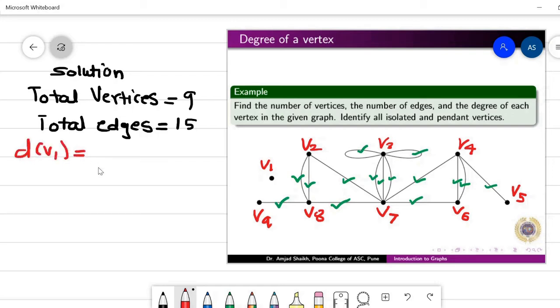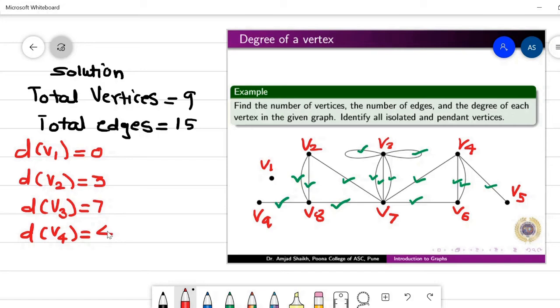Degree of V1, as you can see, there is no edge incident at V1, so degree of V1 is 0. Then degree of V2: we observe 3 edges incident at V2, so degree of V2 is 3. Degree of V3: there are 3 edges incident at V3 and a loop counts 2 to the degree, so there are 2 loops and total degree is 7. Similarly, you can write degree of V4 as 4, then degree of V5